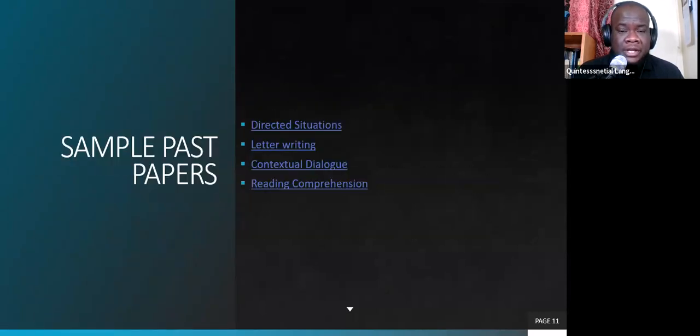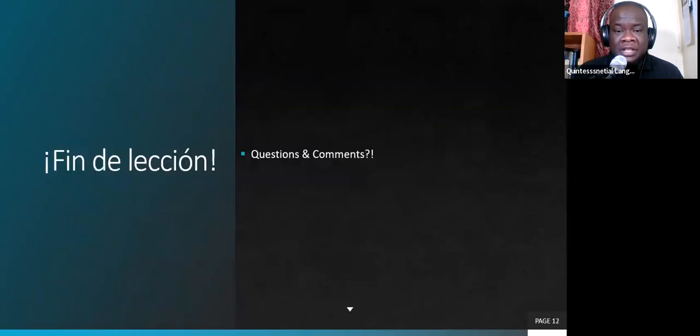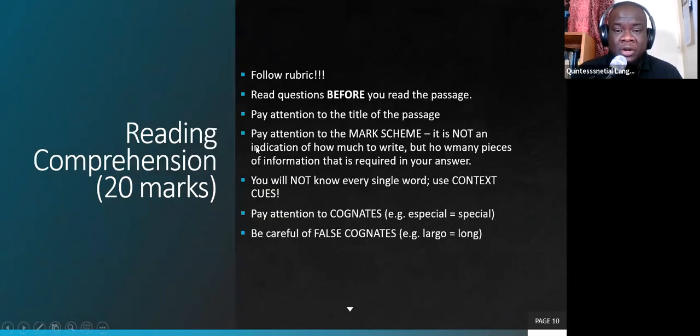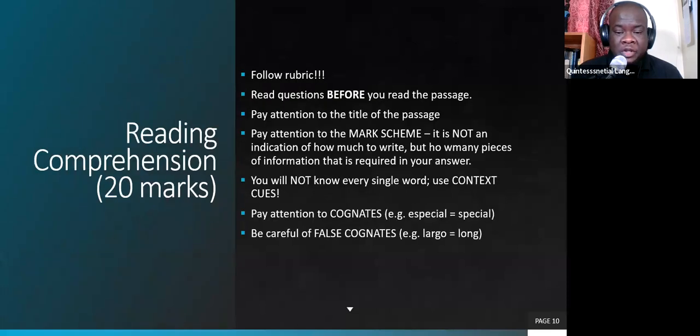I made a mistake. Did I? It seems like I made a mistake here. I may have deleted a slide in error. There was supposed to be a slide with some of the phrases to make it more contextual. And I think I deleted it in error in preparing. All right, let me show you where we'll get the information from though.